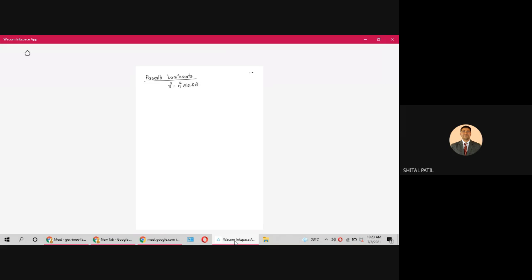R square equal to A square sine 2 theta. Okay, great. Symmetry. I'm writing it directly. If you replace theta by minus theta, there will be a change, so it is not symmetric about the initial line. Okay, so write: symmetry about pole, symmetry about line theta equal to pi by 4.